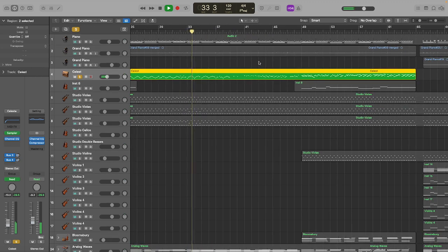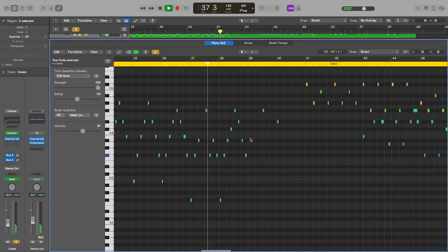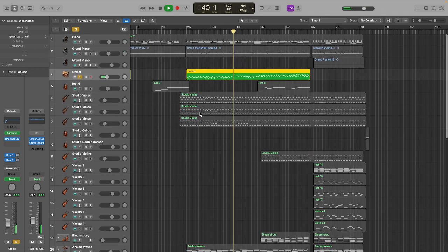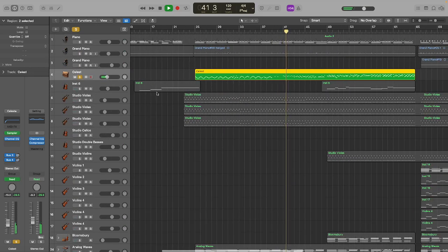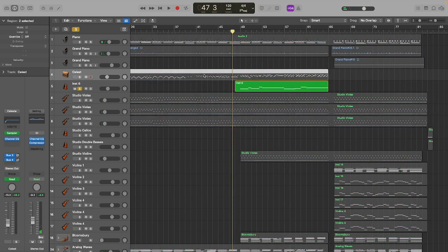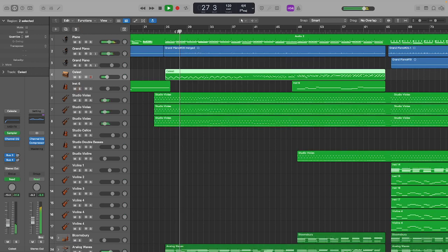About all of this was maybe one or two takes, unless I made a really bad mistake. If I go in here and look at the MIDI data, none of it's on the lines. It's not quantized, which I think is nice. It keeps it interesting and not robotic and mathematically perfect, because realistically nothing is like that except theories and math itself. You get the idea. It gives it more of a human feel. So all of that in essentially verse 1,